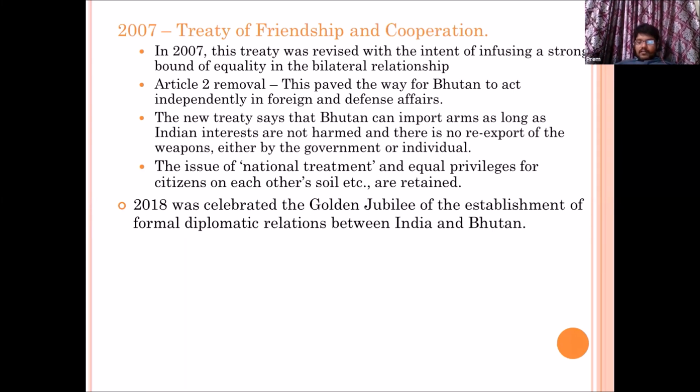Now if you see that author's editorial in The Hindu, she made a statement there that India and Bhutan relations are very successful, and one of the major reasons for that success is the revision of this treaty. Because you revised this treaty in time, that is by 2007, Bhutan was happy with the Indian relationship and they said they will go on the positive side. But you haven't done the same thing with Nepal. So till now we don't have a revised treaty. I said the negotiations are still going on.